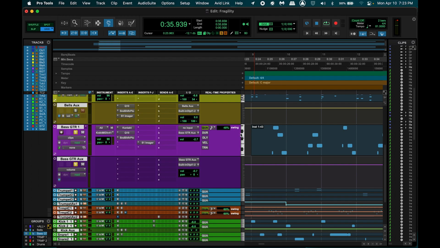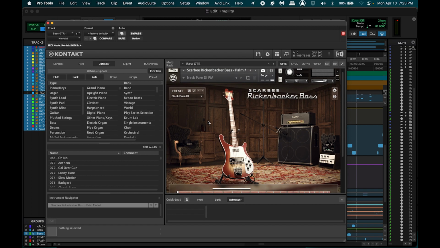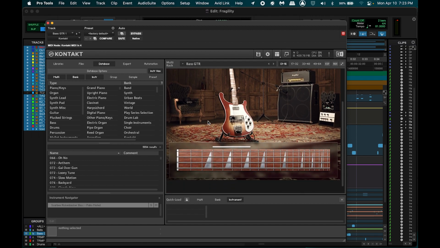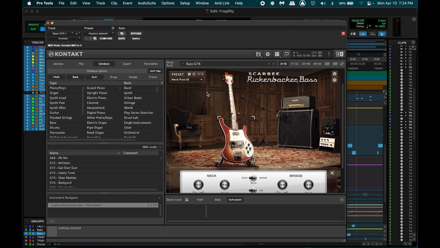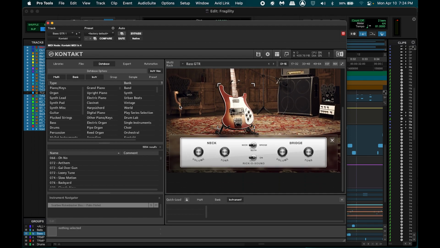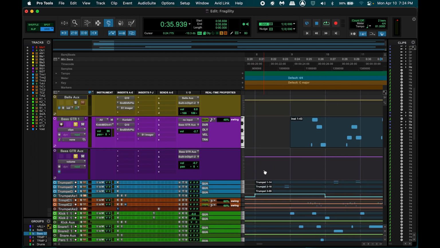Yeah, so really what's doing the most of the work there is this plugin called Rickenbacker Bass. I love it. It sounds super realistic. It's a Native Instruments plugin, and it just sounds fantastic. And then you can click each module of the instrument and adjust it and create a really cool sound. There's presets. When I produce, I like to use presets and then tweak them pretty dramatically to create my own sound. But I like to produce quickly. So that's the bass guitar.